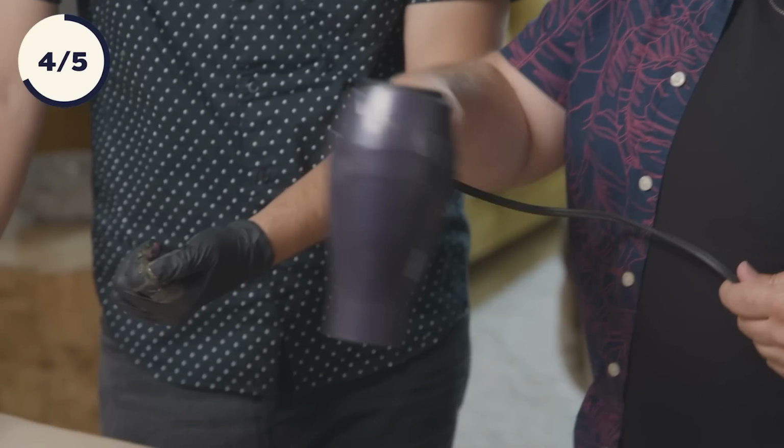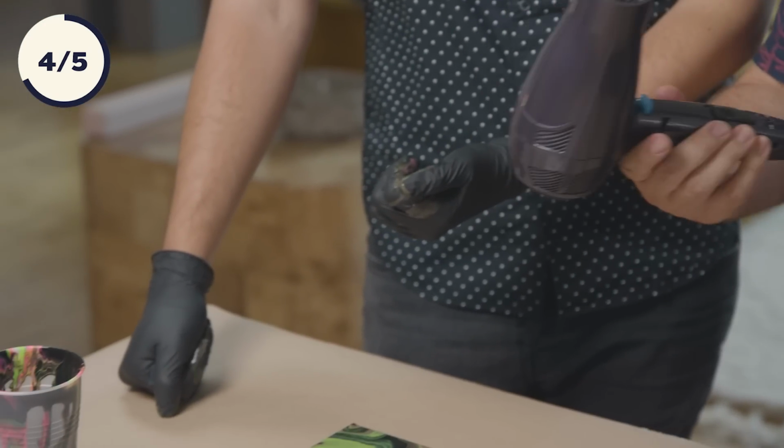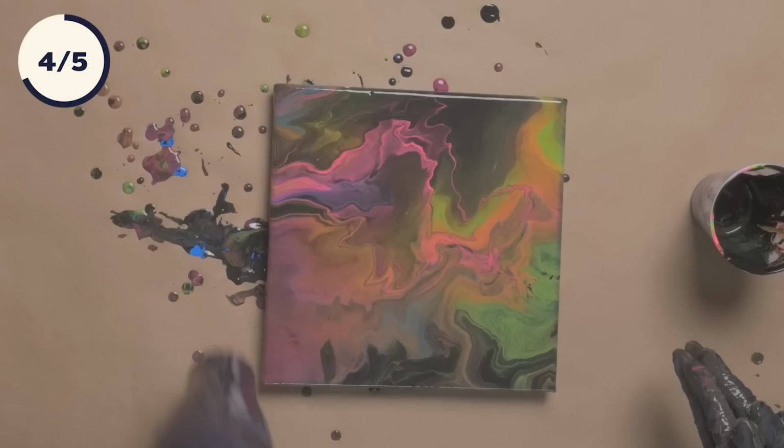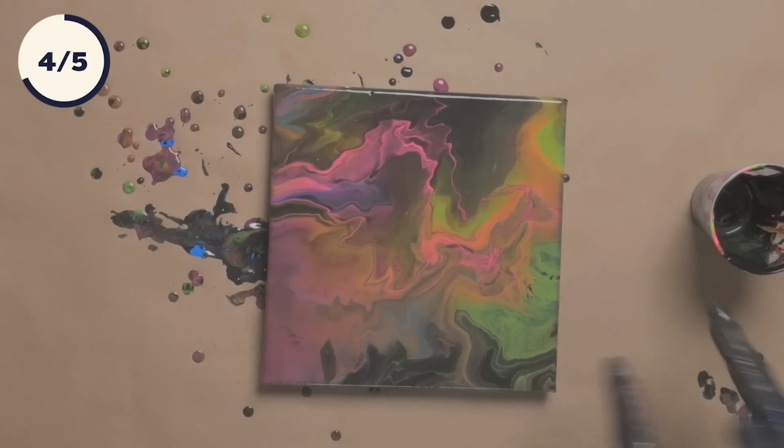The one thing is you just don't want to hold it in one spot. You want to be moving it all around the painting consistently, and it doesn't need much movement. You can see the air bubbles coming up to the surface here. Looks good, right? Once you're done with your swirling and your movement, you want to set it